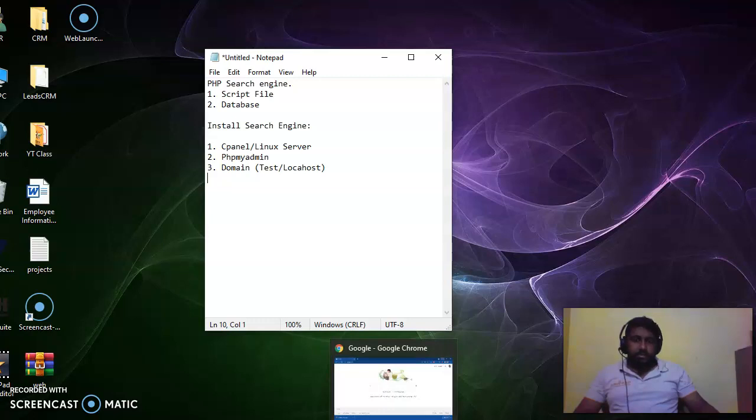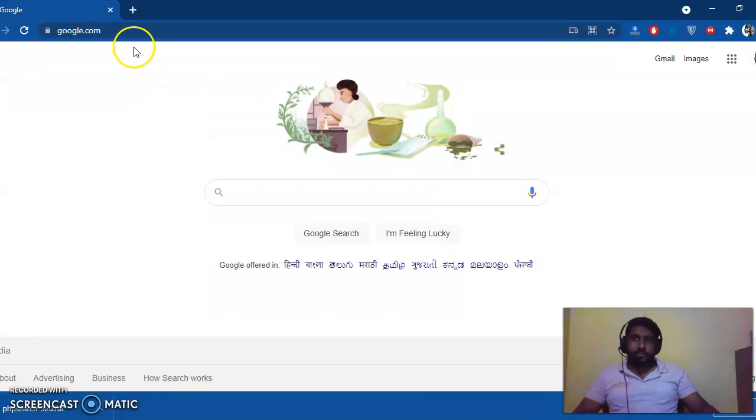First step is to take a cPanel or a local server. For myself, I have a cPanel server, so I was using the cPanel server.